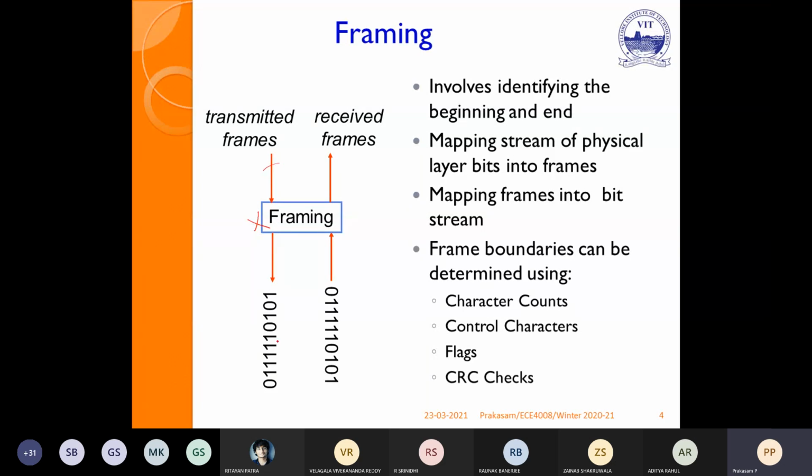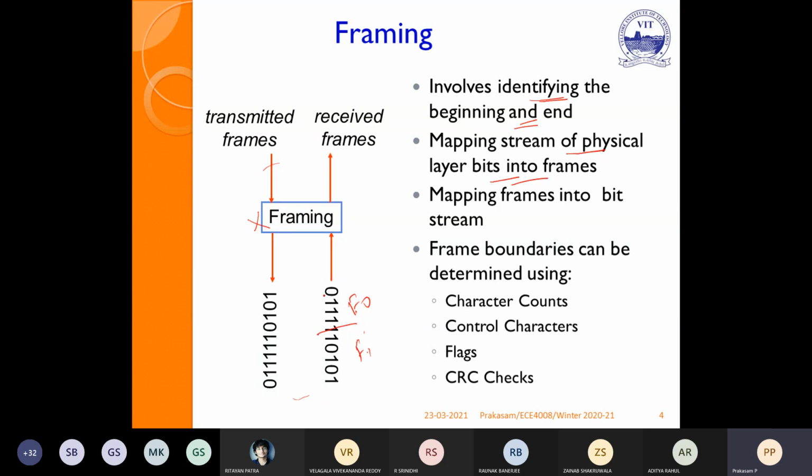If you are transmitting, and again if you are receiving continuously, then it is very tough to identify which one is frame 0 and which one is frame 1, because it is serial transmission. So the framing involves identifying the beginning as well as the end, then mapping the stream of physical layer bits into frames.